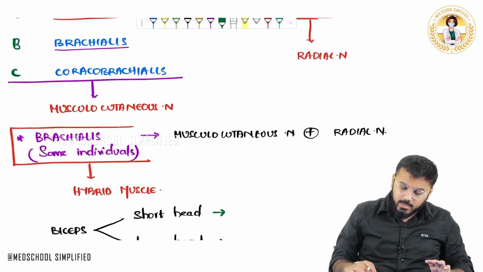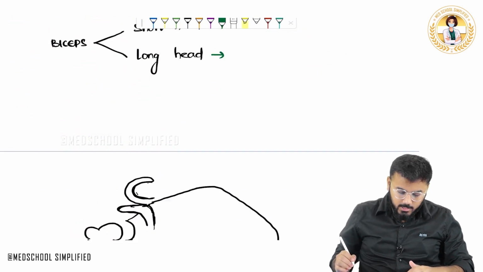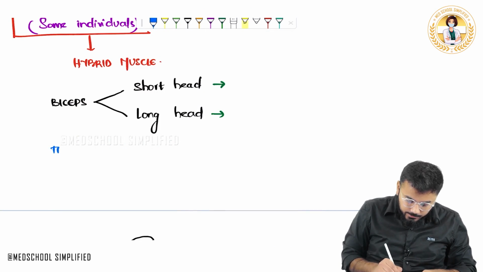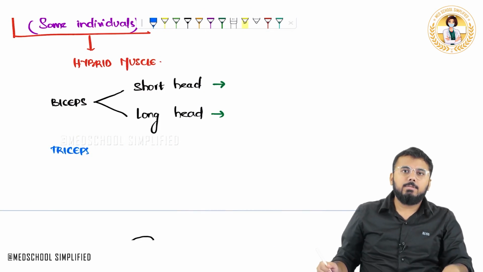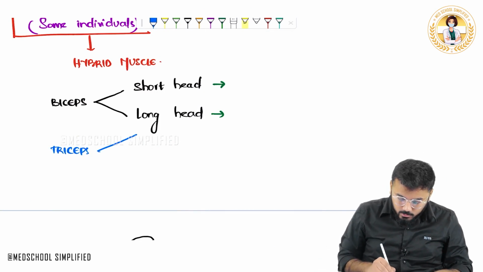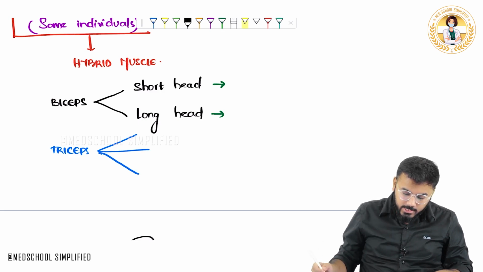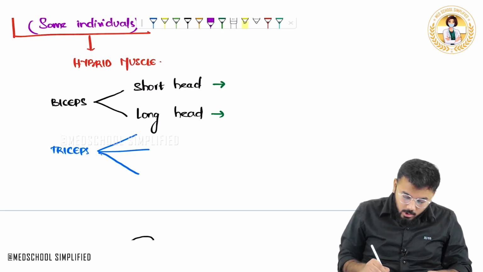Okay. In the same way, this triceps, let me write it down here. The triceps muscle, why is it called triceps? Because it has got three heads. So it has got three heads like this. What are those three heads here? One is called the long head